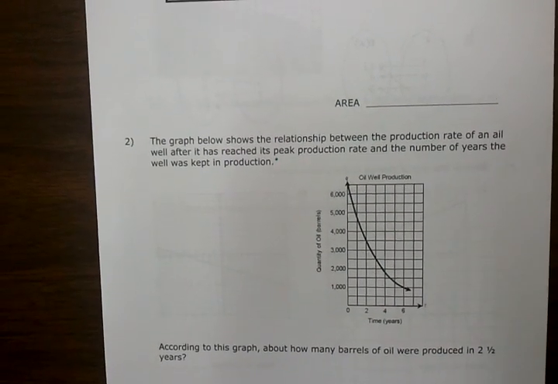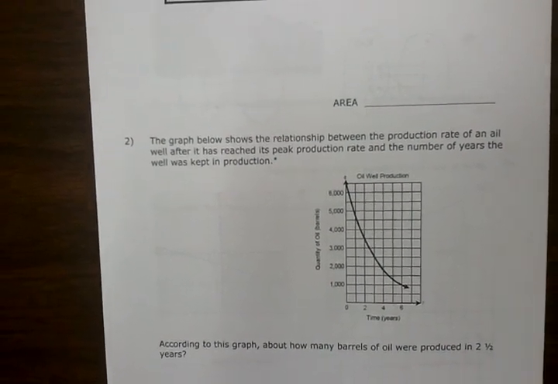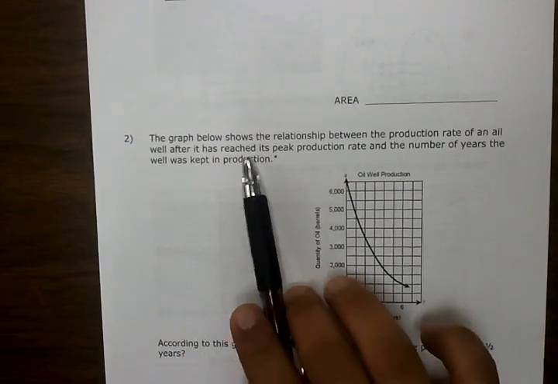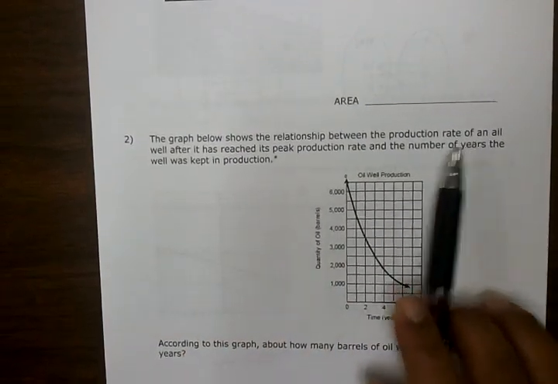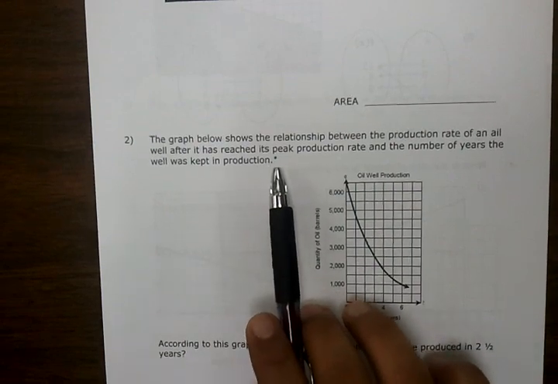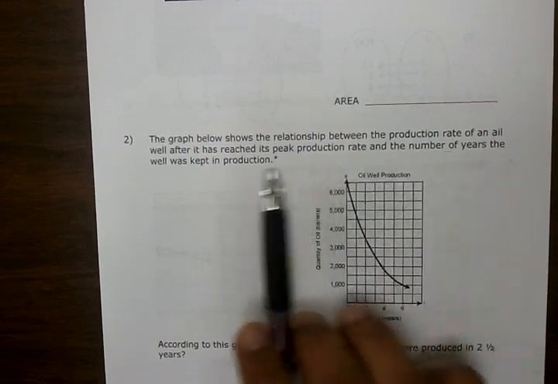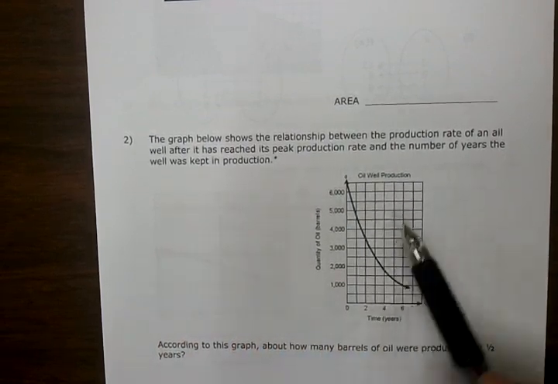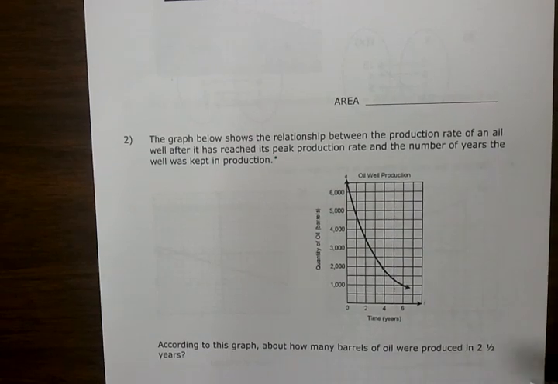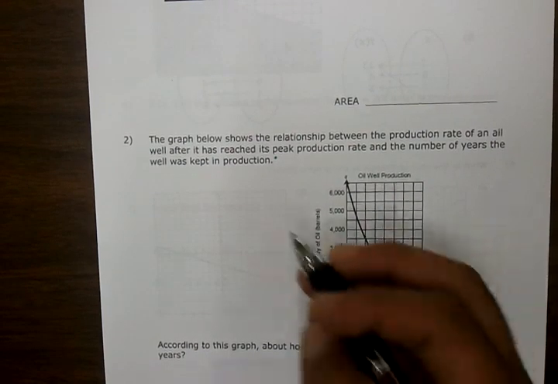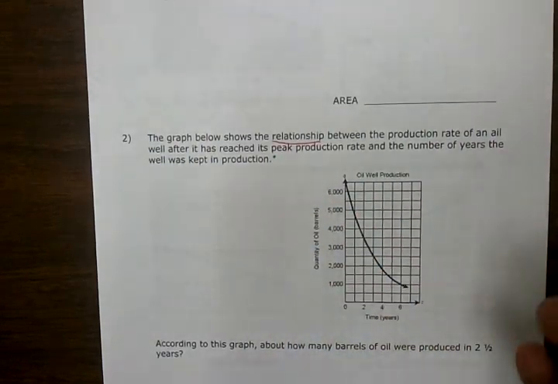Okay, now let's go ahead and continue to question number 2. Now what you're going to realize in question number 2, it says the graph below shows the relationship between the production rate of an oil well after it's reached its peak production rate and the number of years the well is kept in production. As you can see, this is a declining exponential graph, and when you hear the word relationship, basically it means that